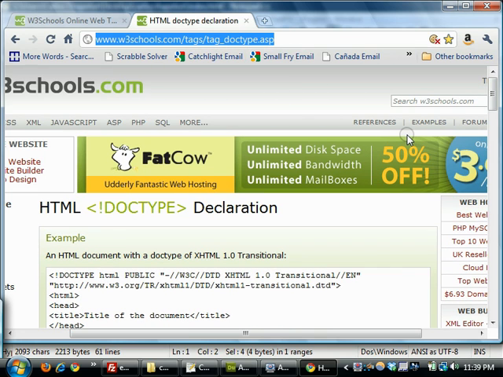But I did want to just mention that they existed in case you run into some issues, as some of you have. So hopefully that clears that up. Again, you definitely need the doctype if you haven't done so already. And this is a good resource for you guys to find the type of doctype you should